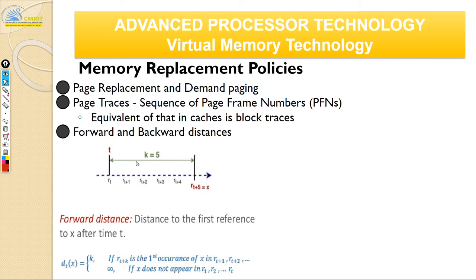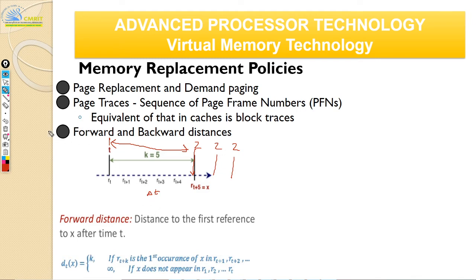Okay, the first reference. Let us say, from a given instant of time, if I'm interested in page number 2, for example, you're going to see when in the next time frame I'm going to access it. So 2 could be accessed, say, here and here. Now you will take the first reference. So from this particular time when I'm accessing this 2, and this delta time, right? So that's your